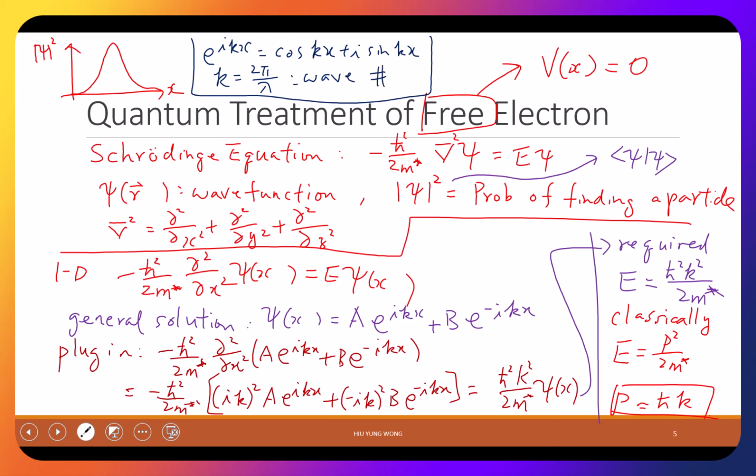So what do you need to learn here? You don't need to learn anything. It's not within the scope of the midterm or final. But I really want you to go through it to have a feeling about why we eventually come up with the momentum being equal to ħ times k. The Planck constant times the wave number equals the momentum. You will see this very often, not in this class, however, in all the engineering quantum problems.